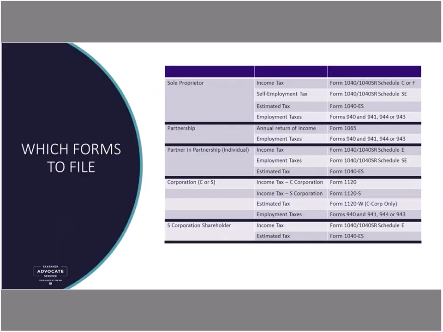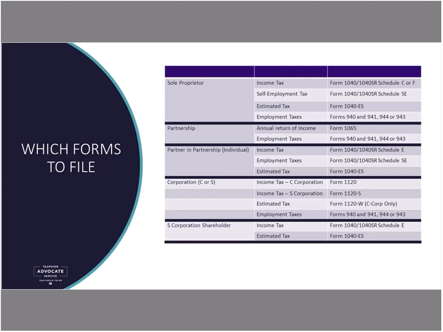So there are different types of small businesses, and they are required to file different forms with the IRS, and also responsible for paying different types of taxes. The chart here lists some of the required federal forms by business type. Each state, of course, has separate filing requirements based upon how a business has filed federally. Depending on a business setup, there also may be other taxes and forms that are also required.